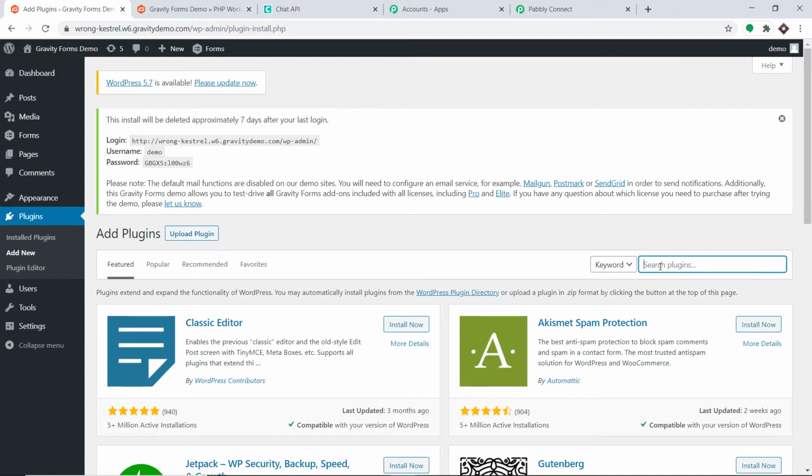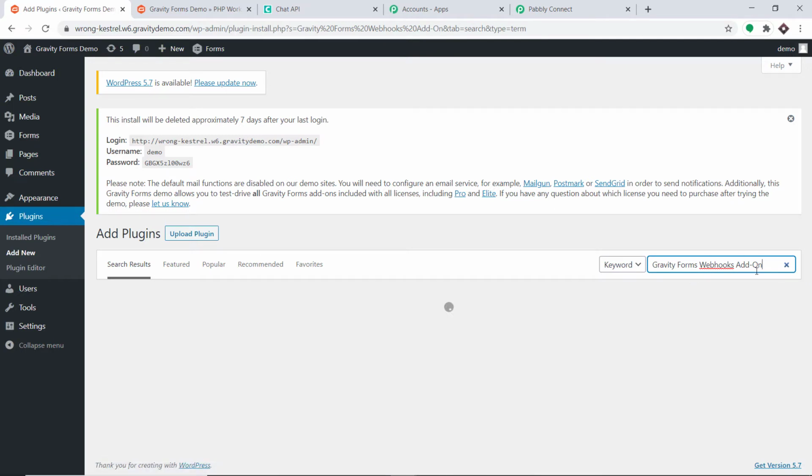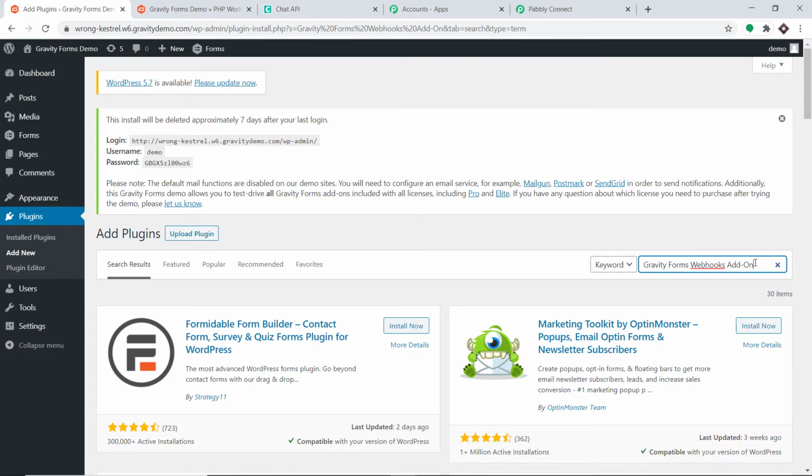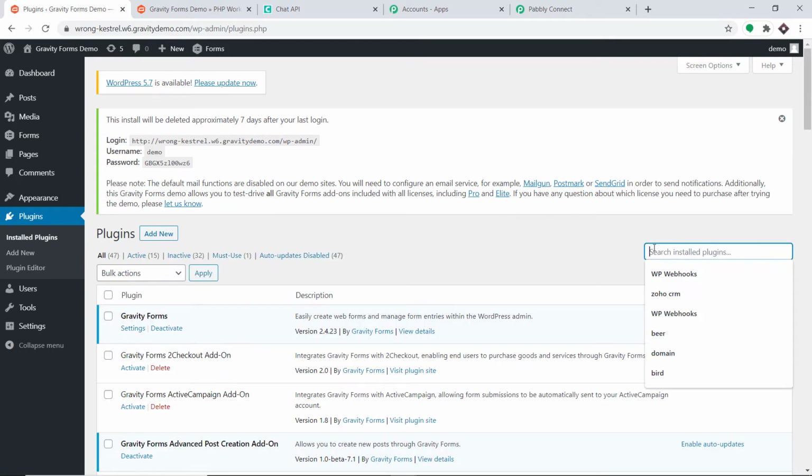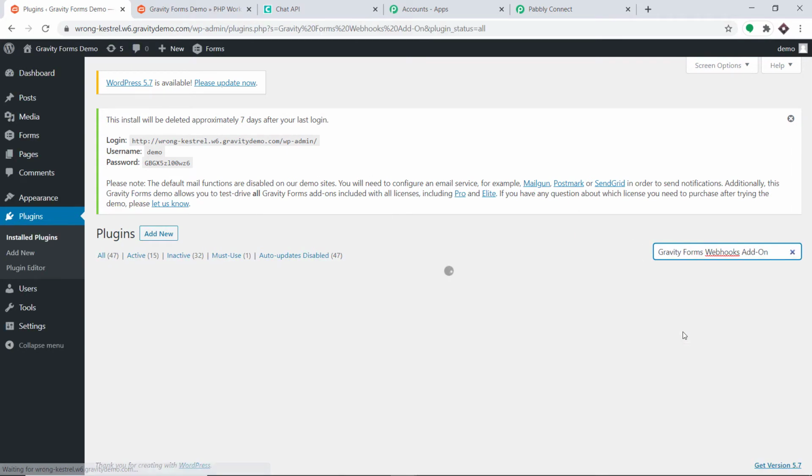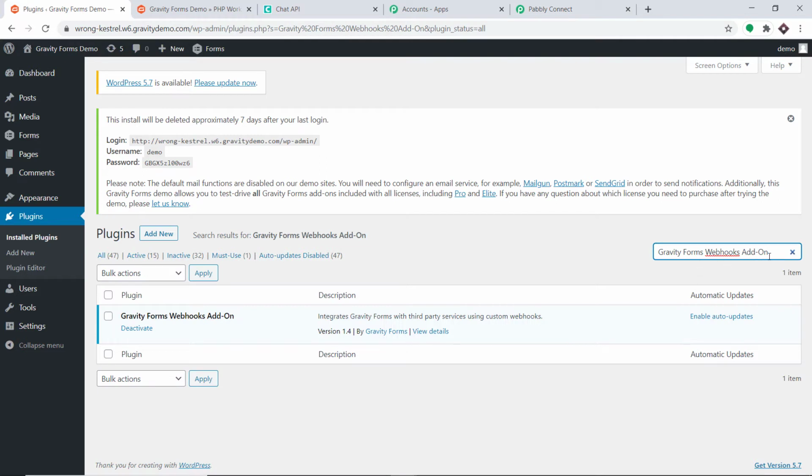Now there is one more plugin that you have to install, that is the Gravity Forms Webhooks add-on. This is the plugin that you want to install. In my case, this plugin is already installed in my system. You also have to install this plugin, Gravity Forms Webhooks add-on. As you can see, this plugin is already installed in my system. Once you have installed this particular plugin, that is Gravity Forms Webhooks add-on, you have to go to